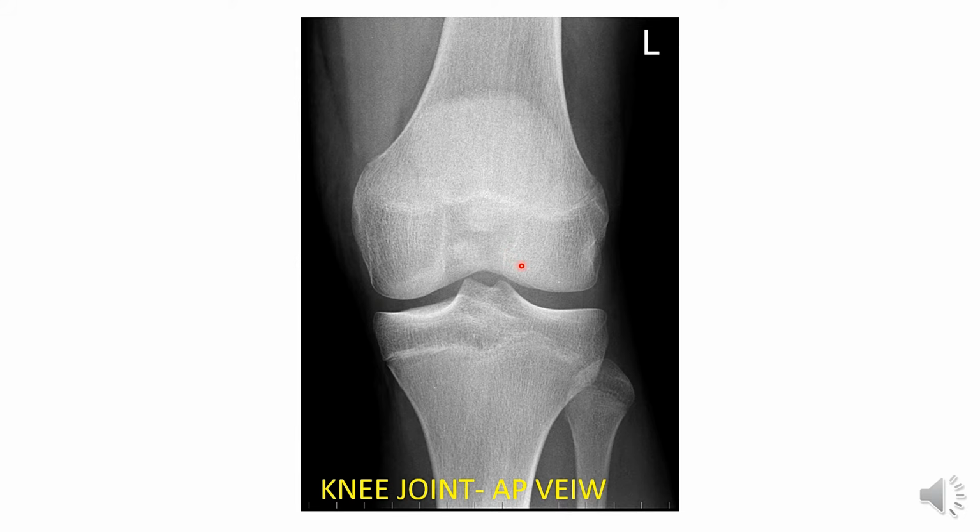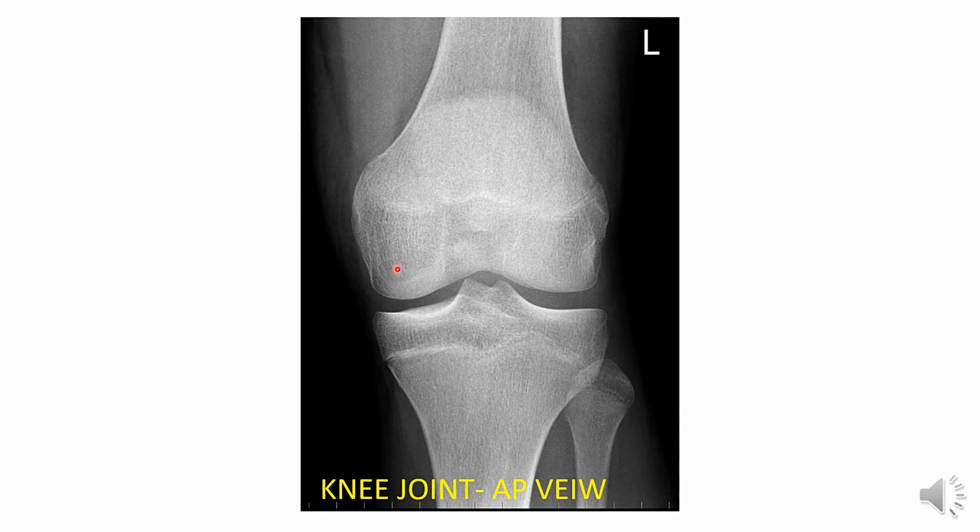Which are the possible joints seen in this X-ray? The first is the knee joint, which is a bicondylar variety of synovial joint or a modified hinge joint. Second, superior tibiofibular joint, it is a plane variety of synovial joint, and the patellofemoral joint, it is a saddle variety of synovial joint. The parts of the bone seen in this X-ray, this is the femur,